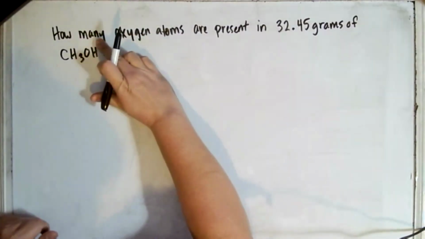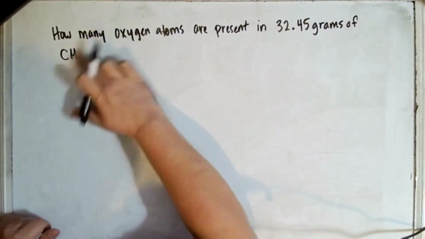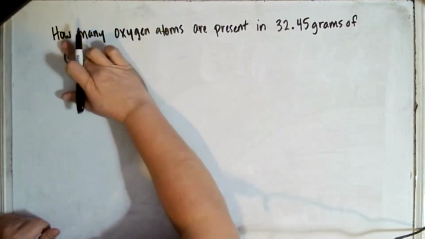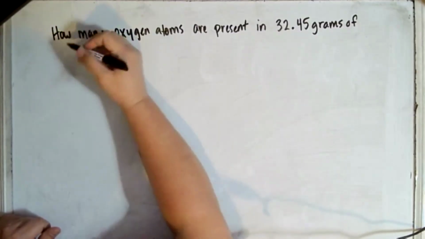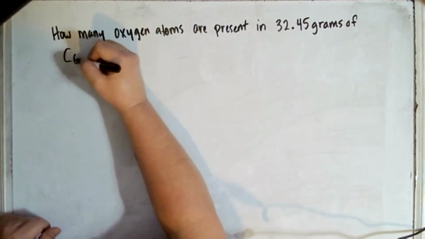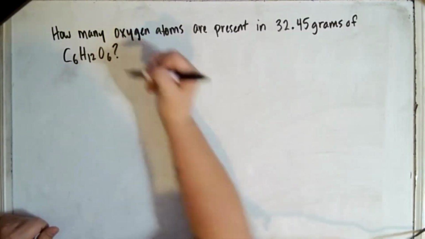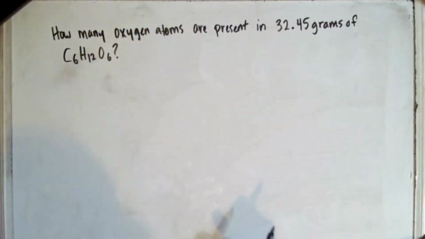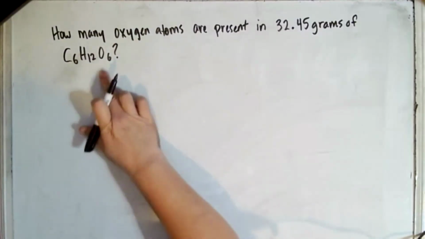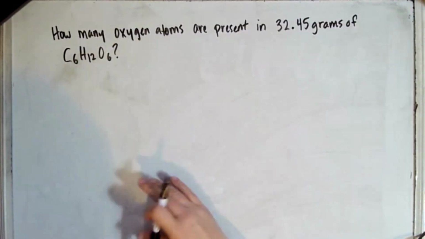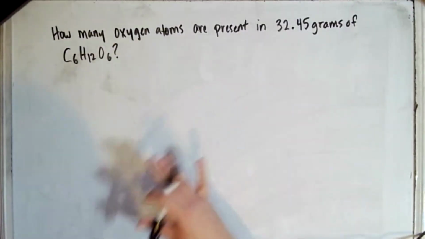No, something more interesting than that. We'll do glucose, C6H12O6. Yeah, that's better. How many oxygen atoms are present in 32.45 grams of glucose, C6H12O6? Okay, so now when you're looking at this question,